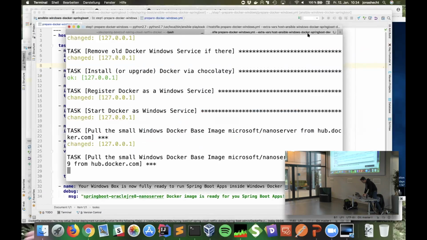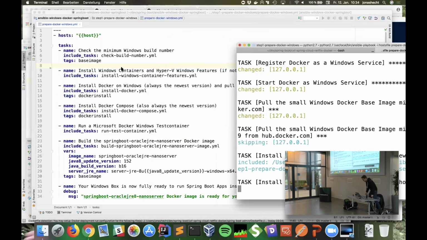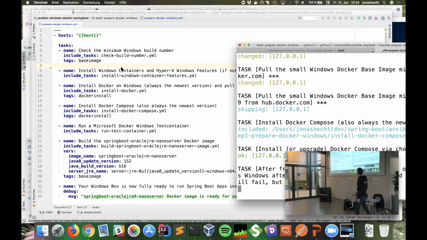Because you can go into detail in the included playbooks, but at this stage you can just say, okay, check the minimum build number. You always check this at first. Then install some Windows features. You need the container and the Hyper-V Windows feature. Then install Docker. Then compose, and then run a test container.